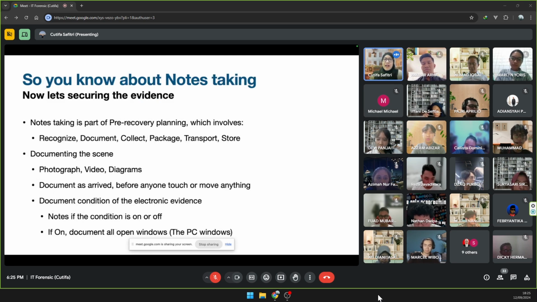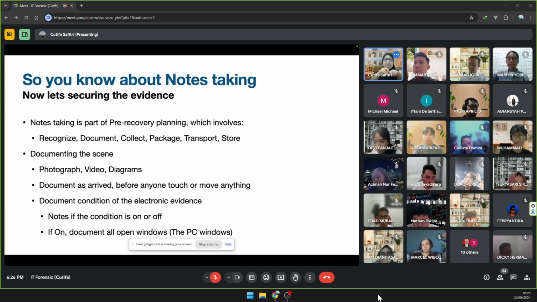Before that, I wanted to talk about note taking. Last week we discussed a little bit on the importance of identification, and when you as the investigator walk into the crime scene, you need to make notes. Note taking is part of pre-recovery planning.